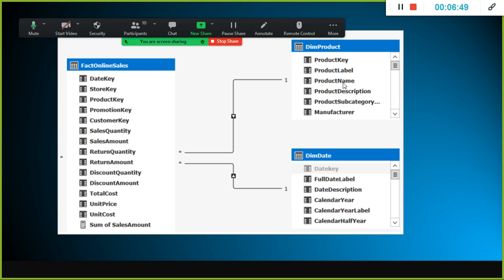In that case, since the many side direction will be facing the product table, and the product table already has the direction facing towards this table, when you filter a product based on a specific year or specific transaction order, that order will automatically have the year.